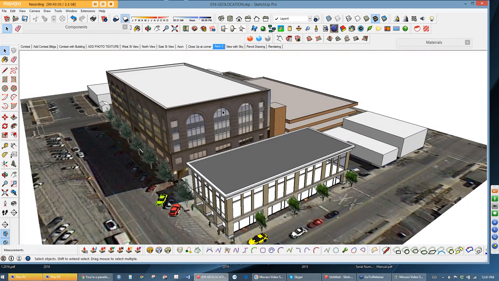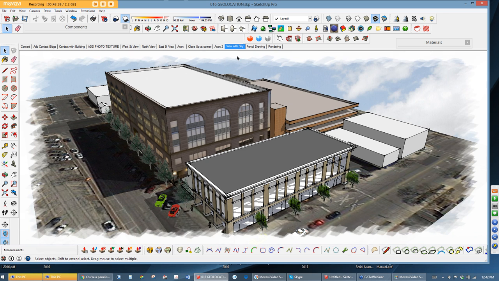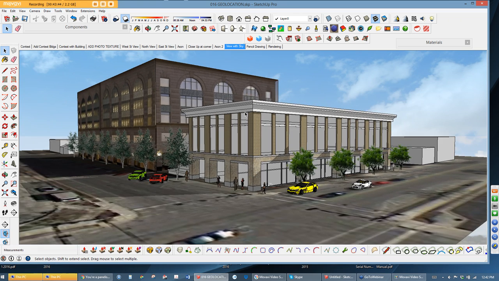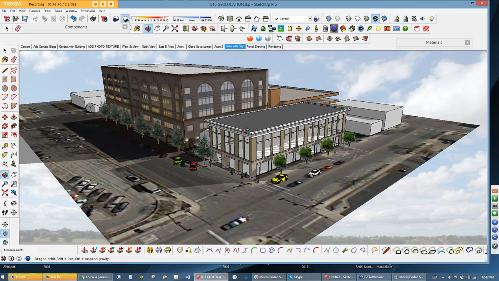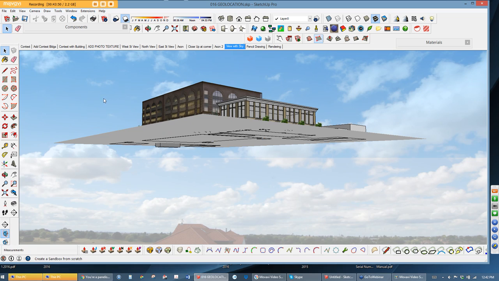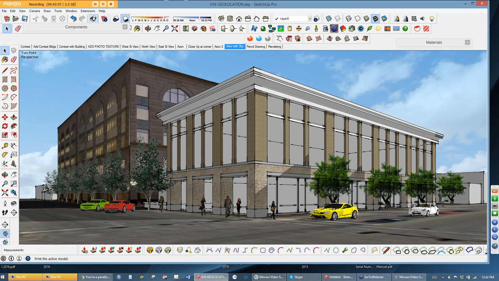Little top view. We can add some sky to this. Now this sky was added. It's kind of an interesting way to do sky. And I think we talked about backgrounds the last version. Remember the styles version of background? That's what that is. That's an underlay. So if you weren't hanging around at that time,